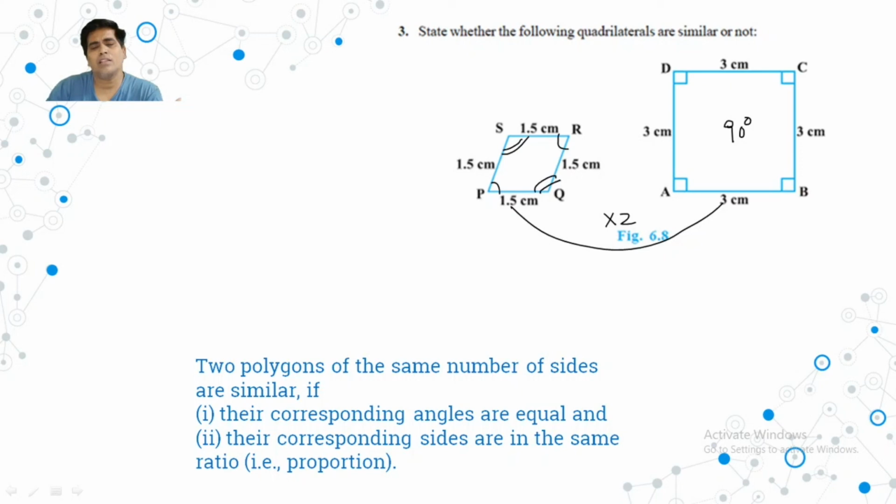So clearly this is not equal to 90. In the second figure, each and every angle is 90. Here only opposite angles are equal. So clearly these are not similar figures. Why? Because they are not maintaining the first condition. This is false, the first condition is false. The second condition is true, the sides are in the same ratio, but corresponding angles are not equal. So these are not similar figures. So that's all about this exercise. I hope you clearly understood. If you have any questions, you can